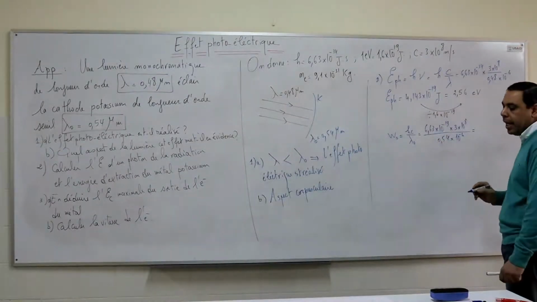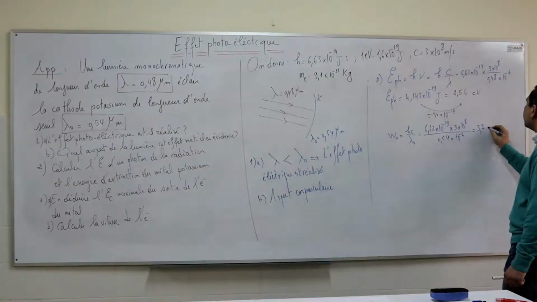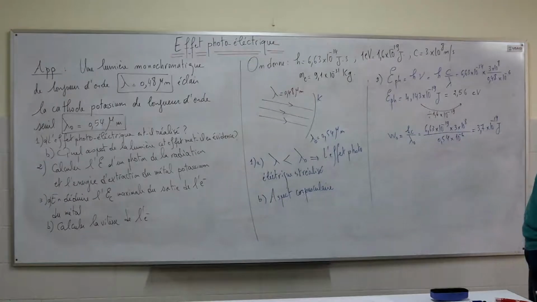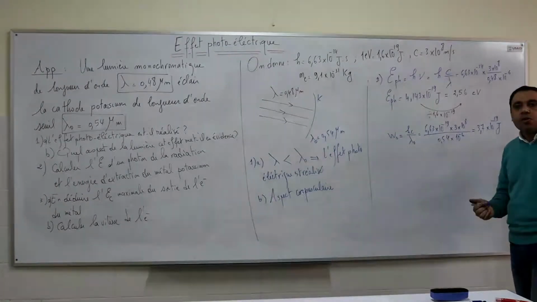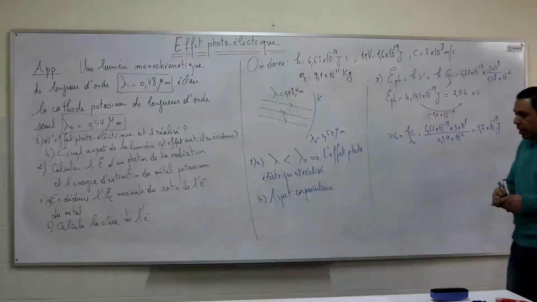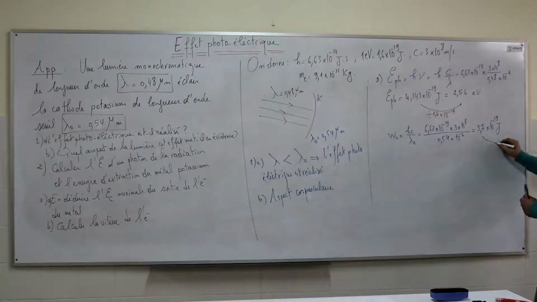And the answer is 3.7 times 10 exponent minus 19 joules. To convert into electron volts, we divide by 1.6 times 10 exponent minus 19. So the answer becomes